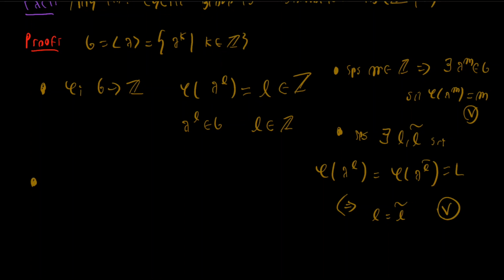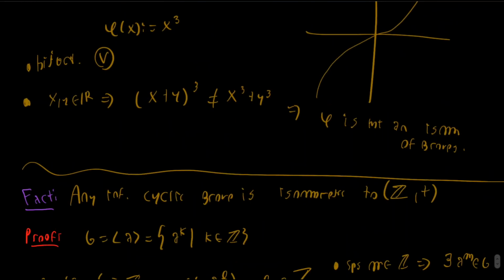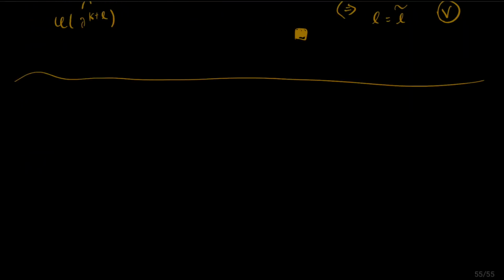And for the homomorphism part, the preservation of the group operation, all we have to do is show that if we take phi of a to the k times a to the L, then this is equal to k plus L. But this follows from the definitions of the operation with which our infinite cyclic group is furnished. And so we have shown that any infinite cyclic group is isomorphic to the additive group of integers. So we're going to conclude this video with a last example,